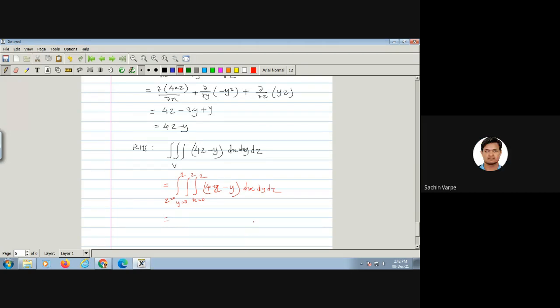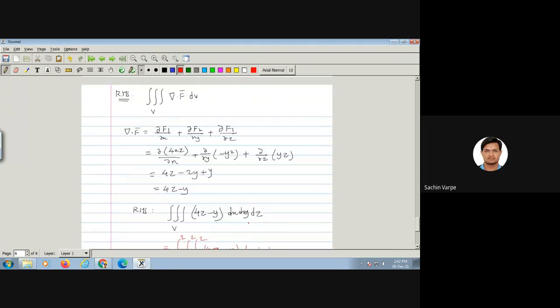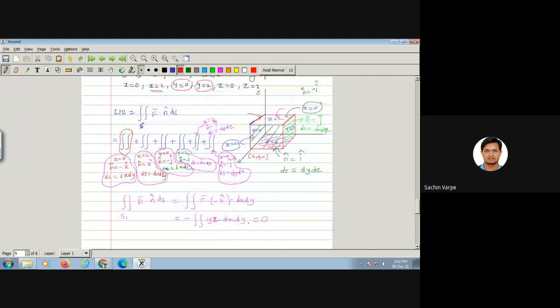Now you must be thinking about how we are getting the xyz limits. If you remember the strip criteria, you must have discussed it in M2, right? For getting the limit, we consider a rectangular strip over the three-dimensional surface, and we vary that strip from the starting point to the end point.